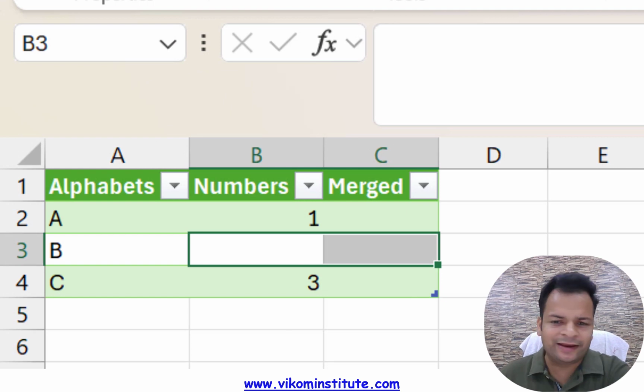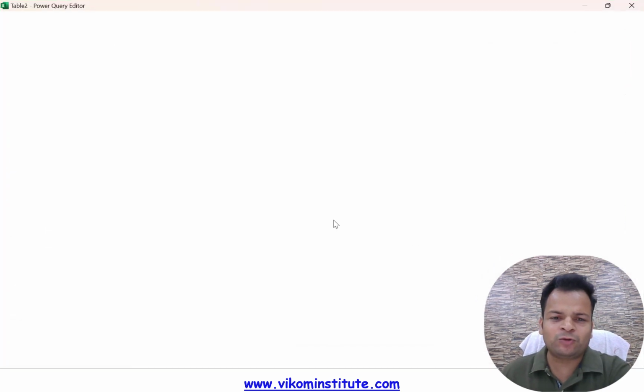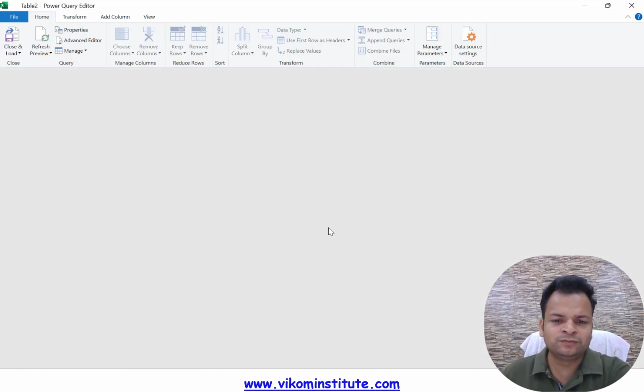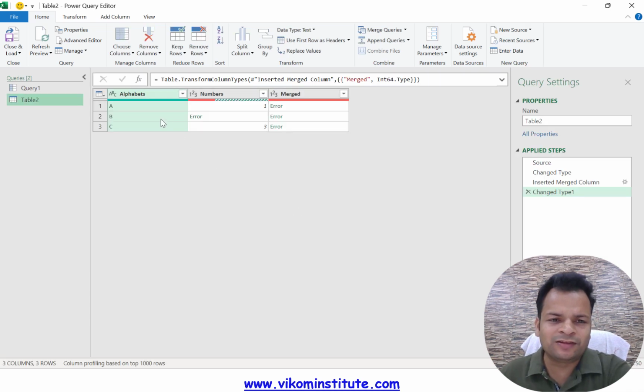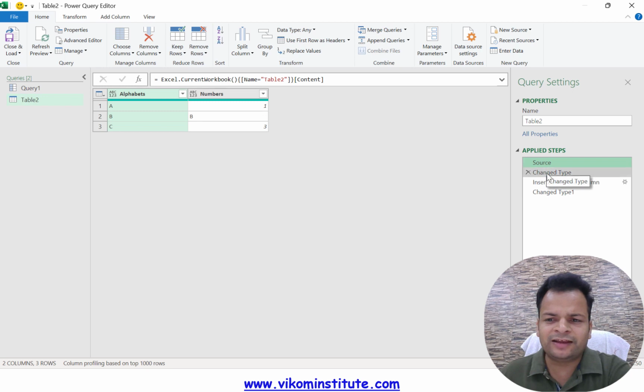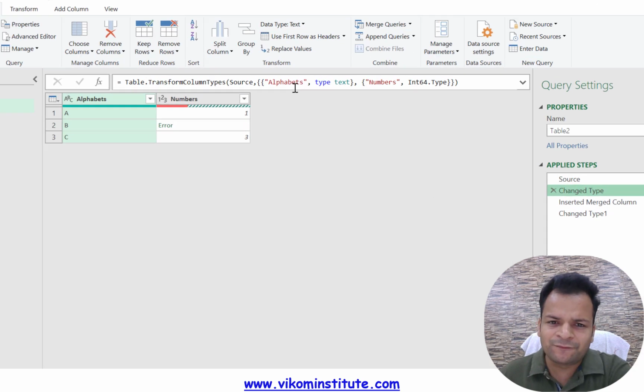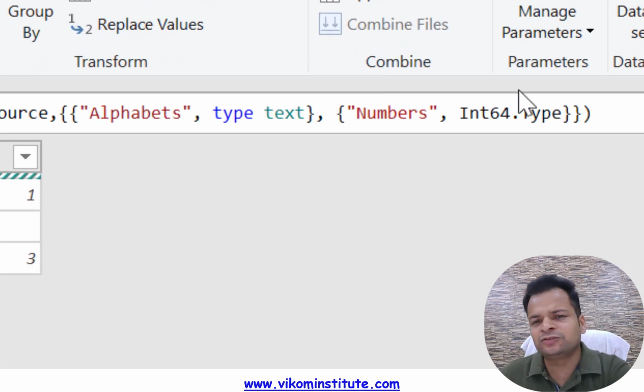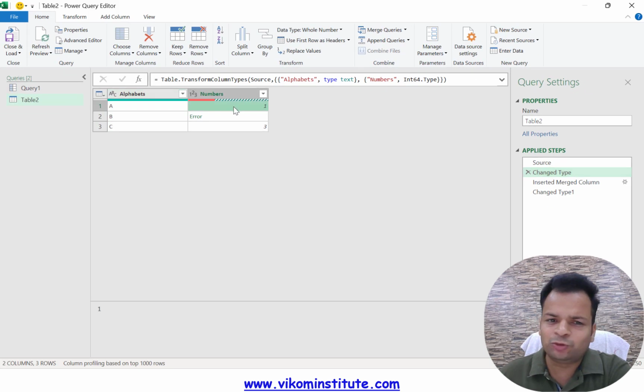Now this time it is not showing me the correct answer. Let's check why. So again I am loading my Power Query, and this time you will see an error, because here we have source and here we have change type. So if you see numbers as an integer, we can convert this number into integer, this number into integer, but we cannot convert text into integer.